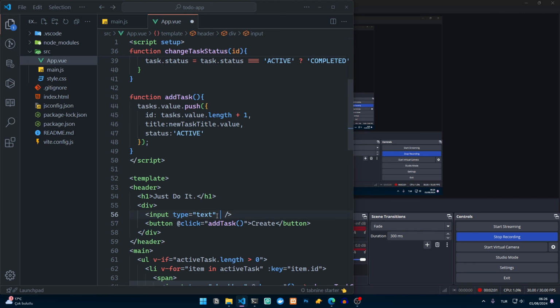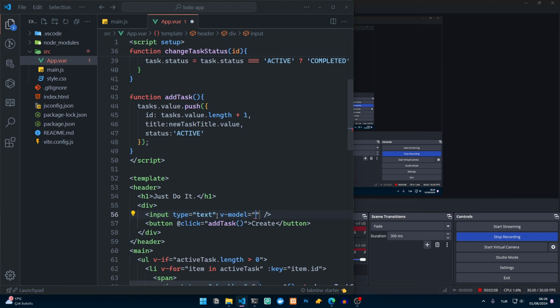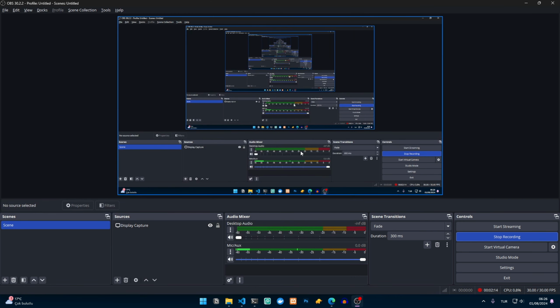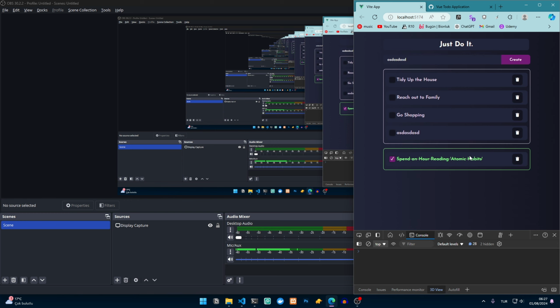For that we use v-model, and the variable name here. I think it should work. Yes, now we can add a new item and check it,